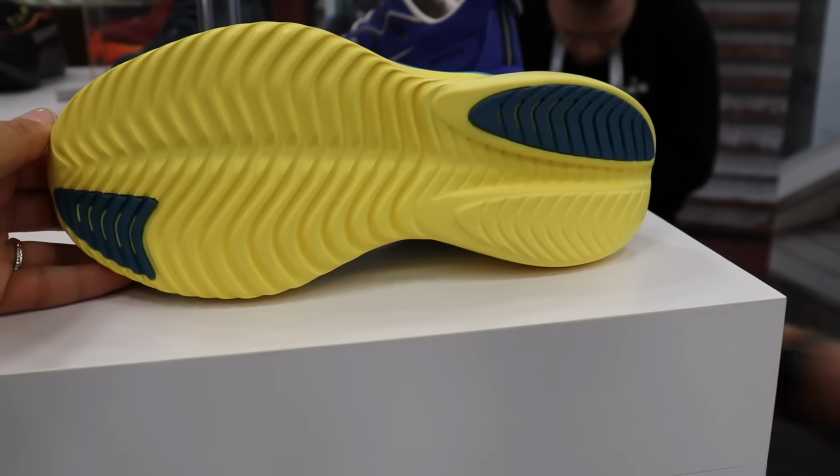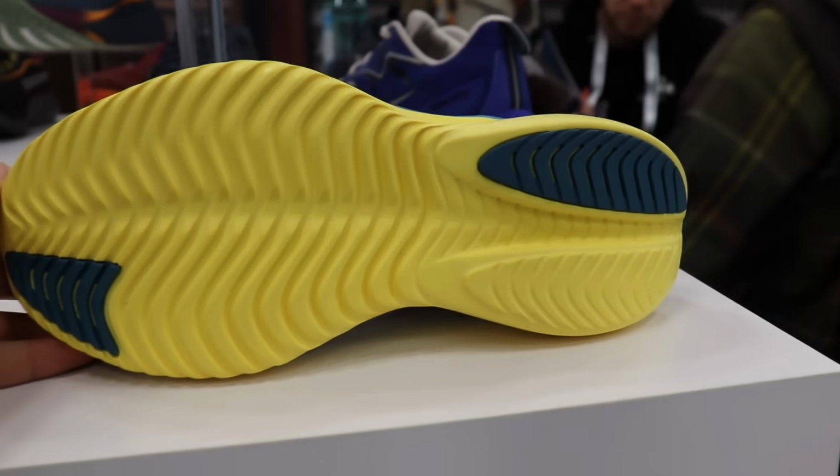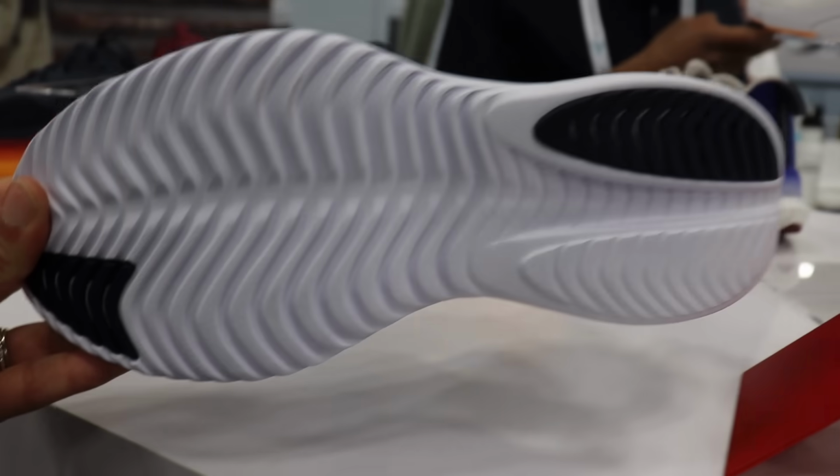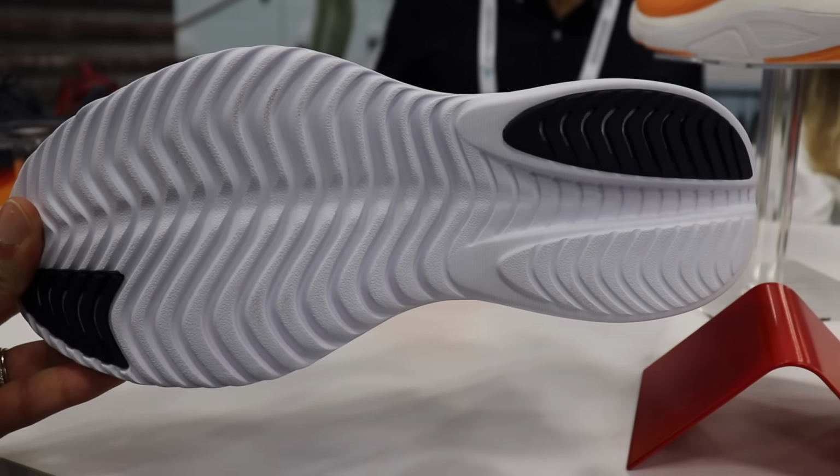However, the outsole here still has very minimal rubber coverage, same thing as the Kinvara 14. So this is not going to be a workhorse daily trainer in the same way that the last generation of the Ride would be. In terms of who this shoe is best for, this is going to be good